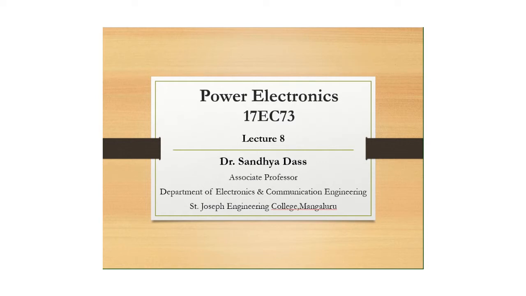So in this session we'll be discussing power MOSFETs. In any circuit, if a component has the ability to control the flow of electrons and eventually the current, then those components are called active devices in a circuit. For example, BJT, JFET and MOSFETs are all active devices.